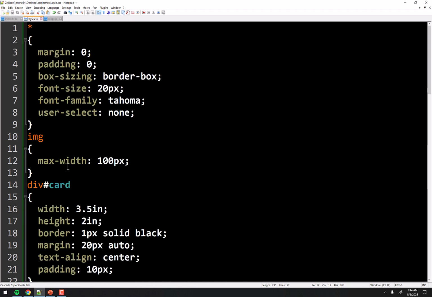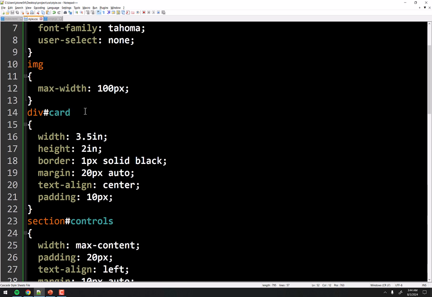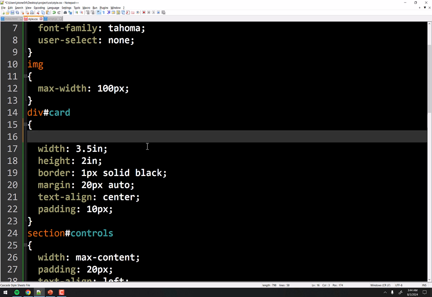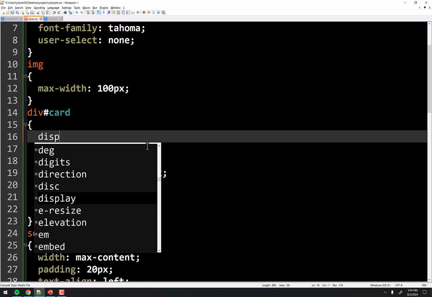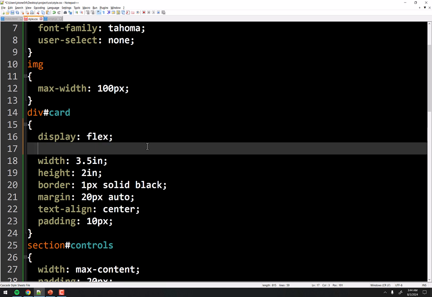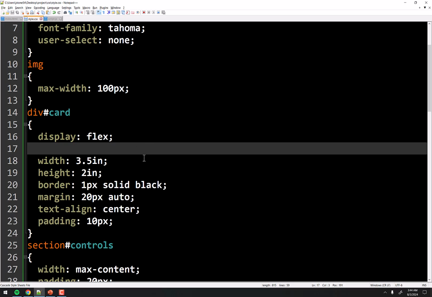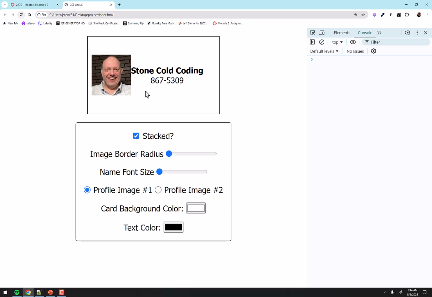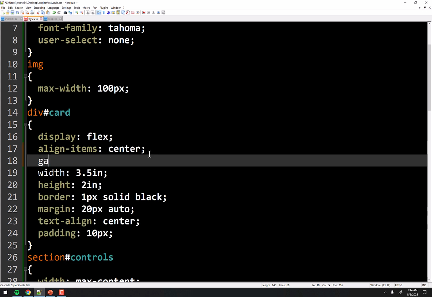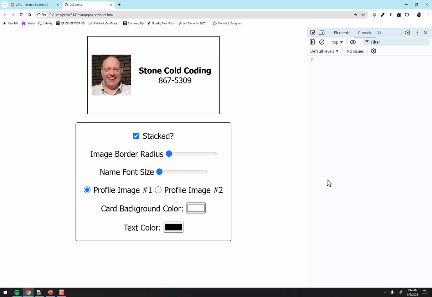So essentially what we're doing, basically, here's the div card. We're going to be using JavaScript to create something like this, display flex. And that already, if I refresh, you'll see it changes it like that. Now you see that that's stretching the image. So we're going to next do align items center like so. And then we'll put a gap on there so it's not squished like that. So gap 20 pixels. And that's basically it.